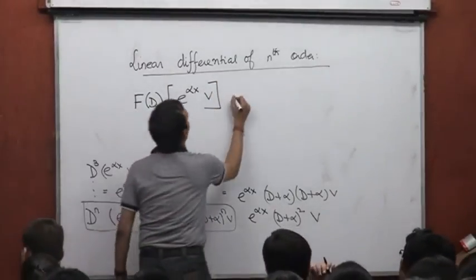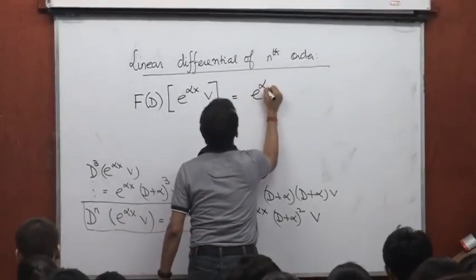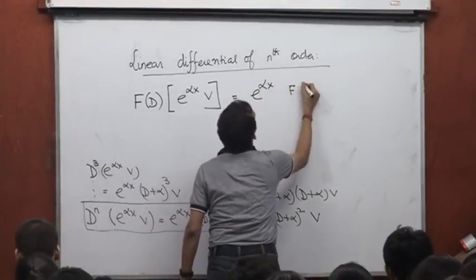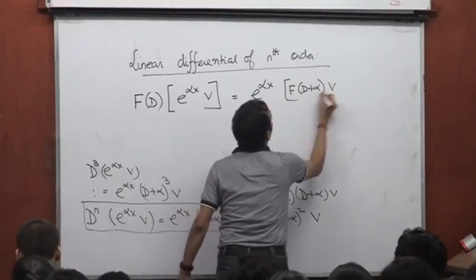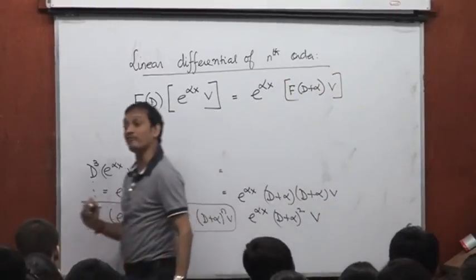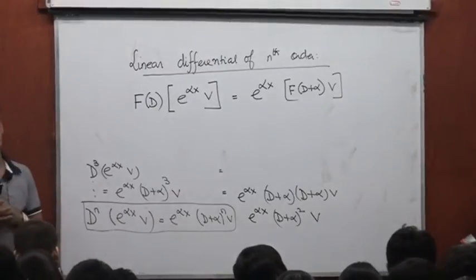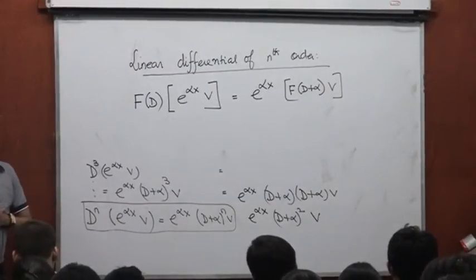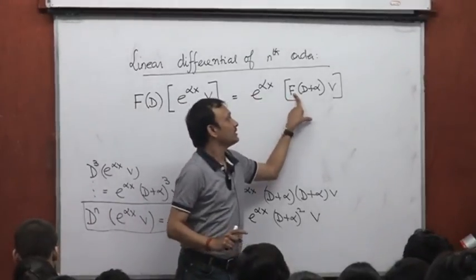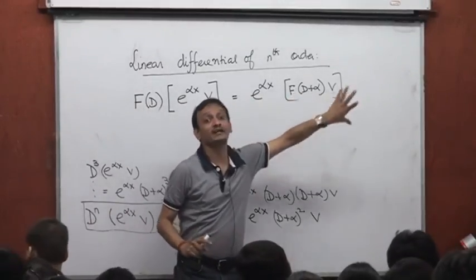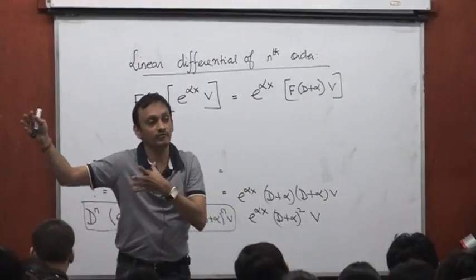is going to be actually e power alpha x f of d plus alpha acting on v. In that f of d, replace d by d plus alpha. This is the generalized property. F of d acting on e power alpha x v is like e power alpha x into f of d plus alpha acting on v, where f of d we saw was